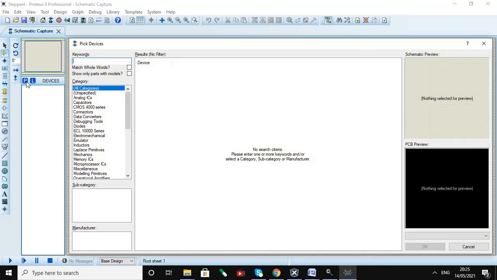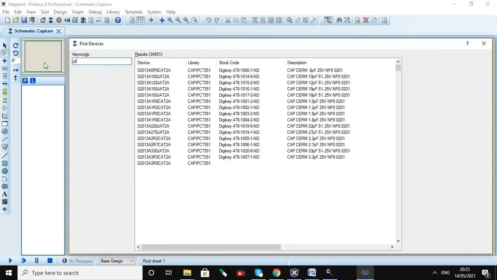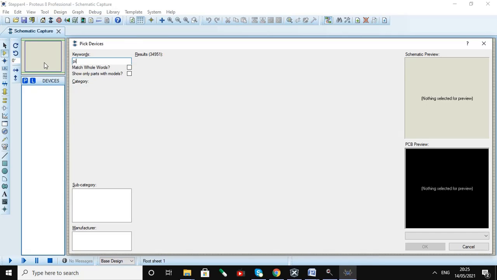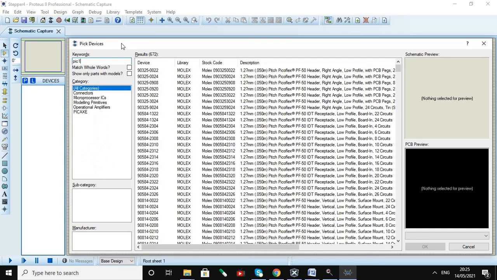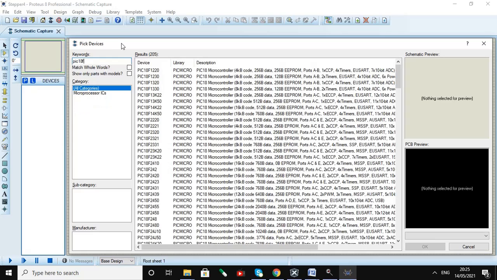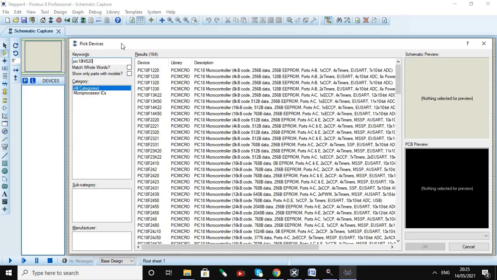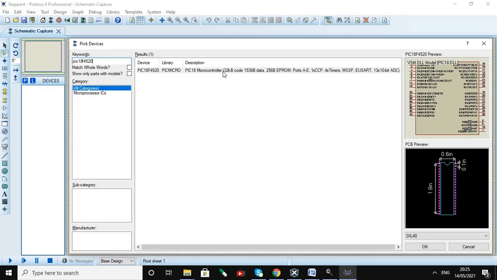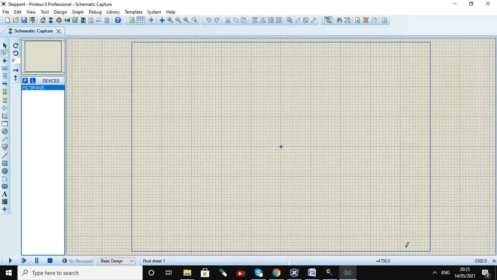Now go to the Device menu, Pick Device. So pick 18F4520; this is the name of the IC. We will click on OK.